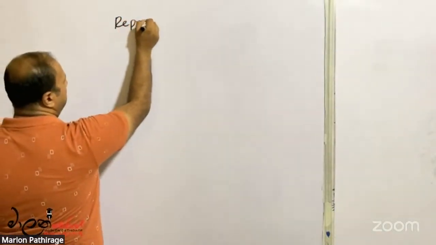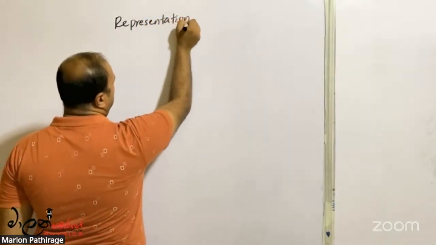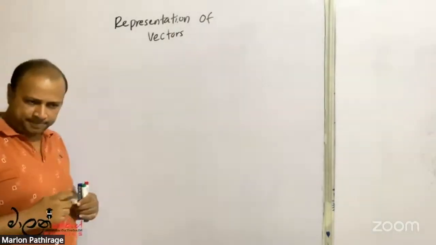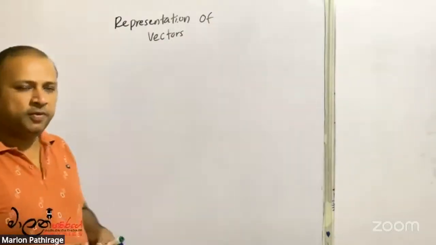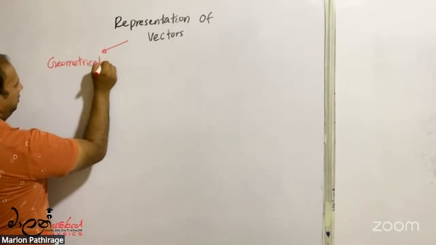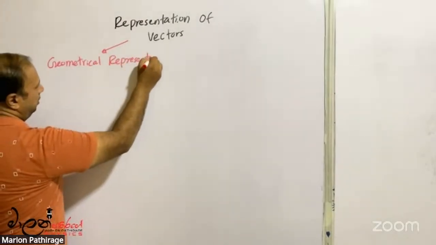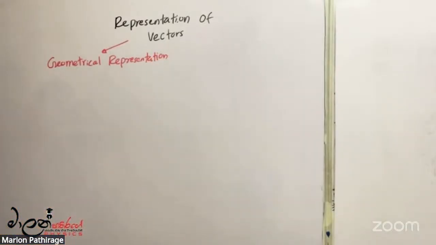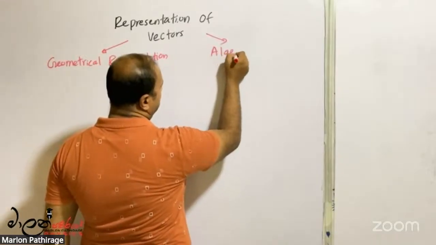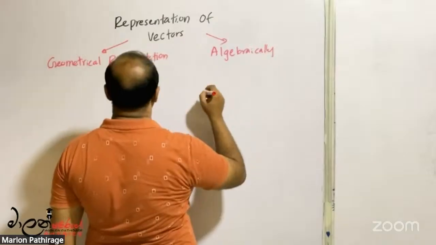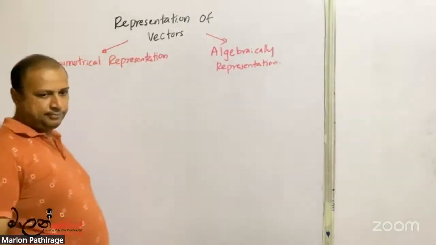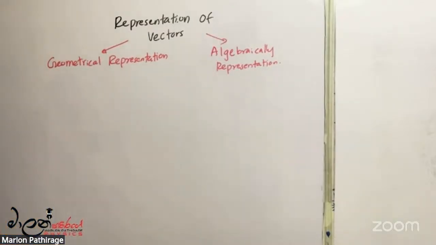The representation of a vector can be done in two ways, mainly two ways. One is geometrical representation. The second is algebraic representation. Actually, geometrical representation means